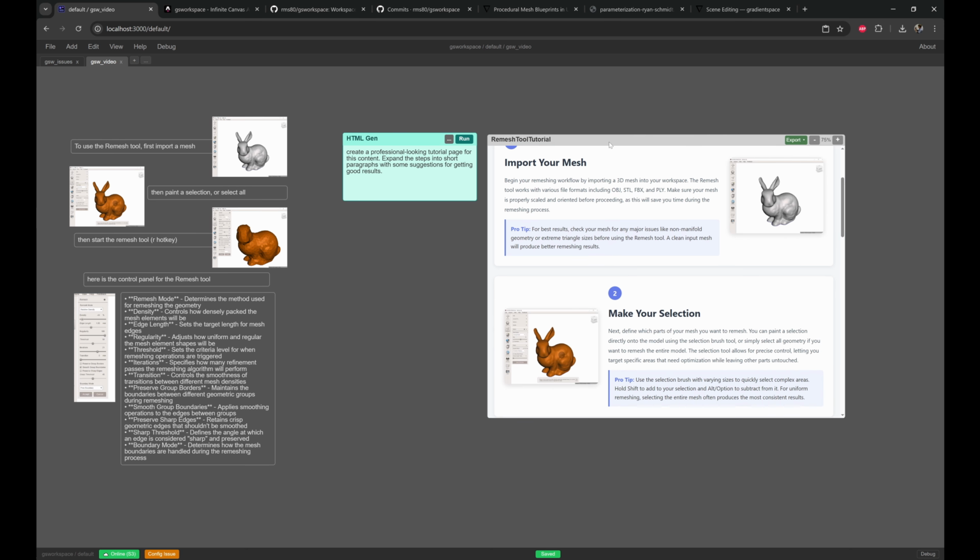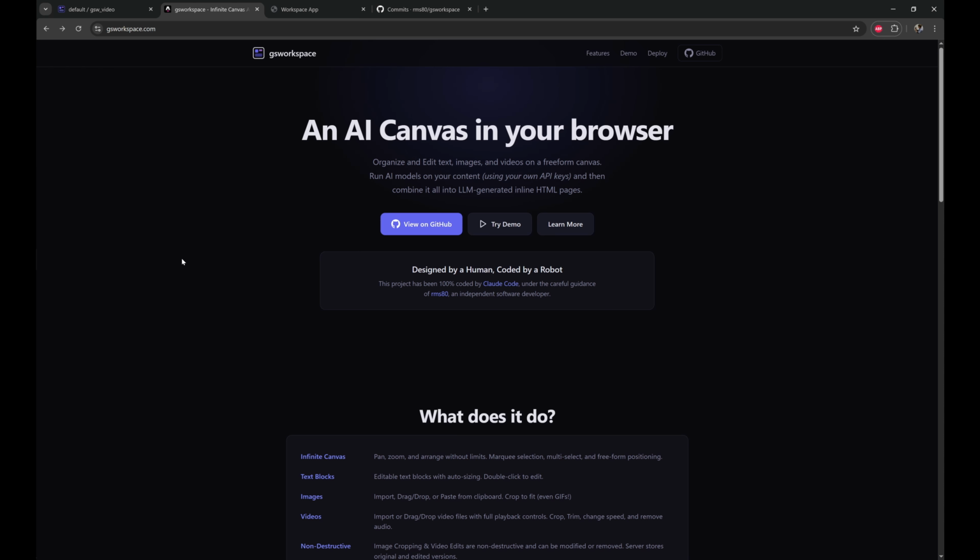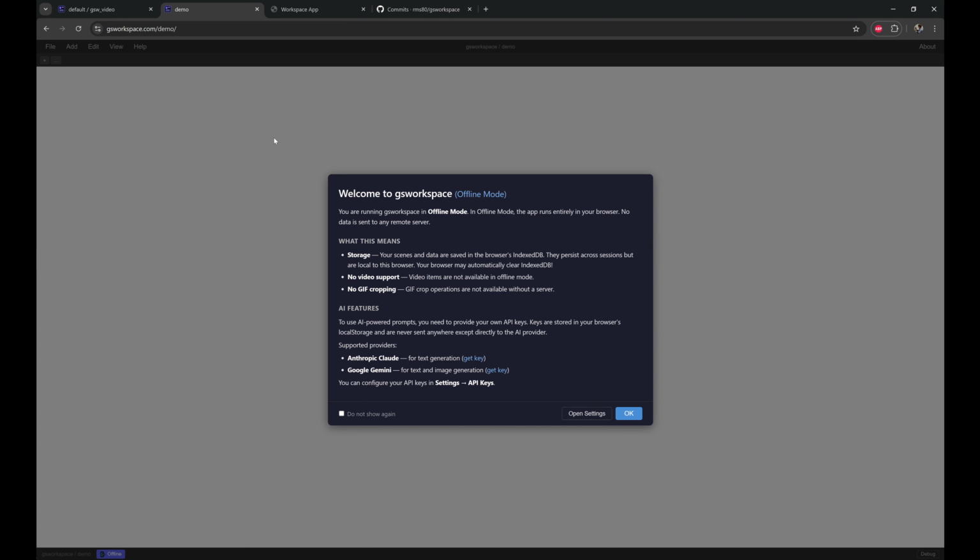So this is the kind of endpoint, and I'm going to walk you through all the features that Claude Code has built for me to get us to this point. Okay, so the first thing I'm going to do is go back to the gsworkspace.com website and click on this Try Demo button, and that's going to go to a static page on the site there that is an offline